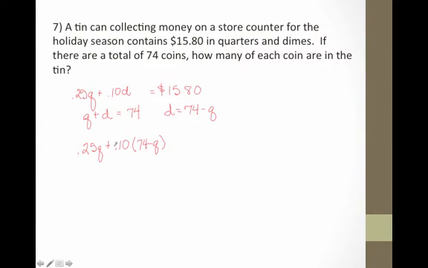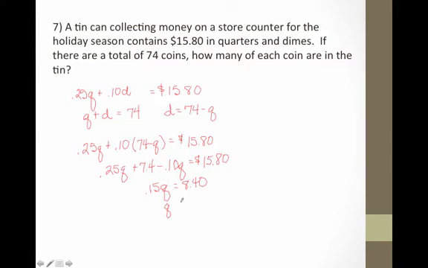Again, the point is to have only one variable so that I can solve for that and then plug back in to solve for the other. So I've got 0.25 Q plus 7.4 minus 0.10 Q equals $15.80. I'm going to combine my Q's first. 0.15 Q equals, subtracting on this side, I've got $8.40. So my Q, dividing by 0.15,